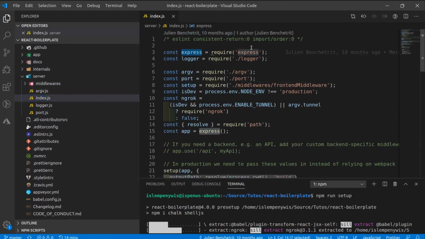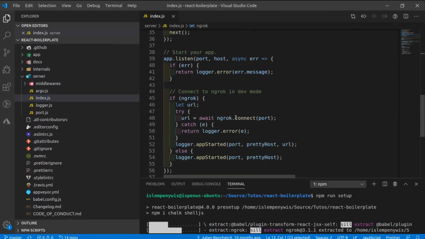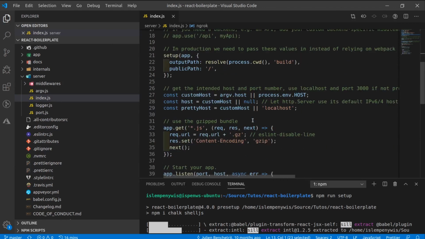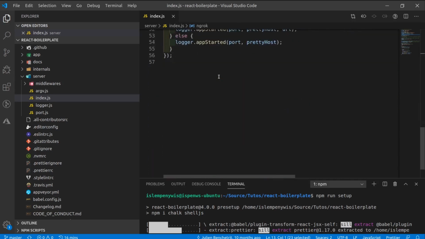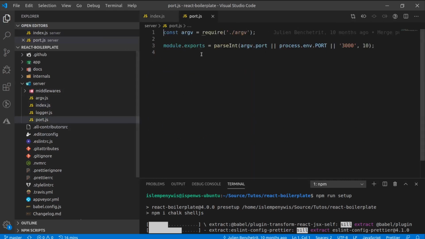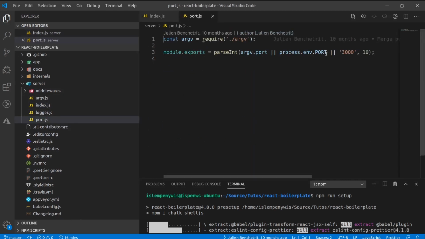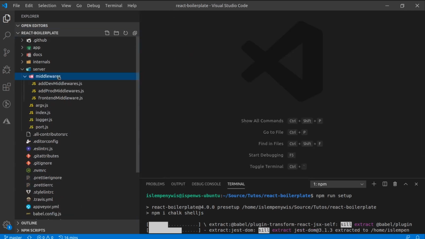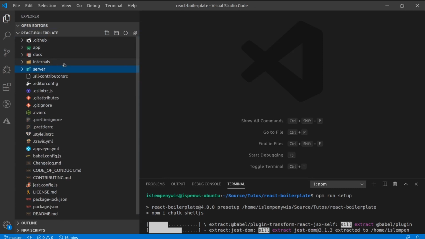So it's clearly in here, Express server on Node.js, and it uses ngrok, I don't know exactly how you spell that, but it just uses ngrok to run the tunnel and start up everything on localhost. I think port 5000, I'm not quite sure. You can configure that. There's actually the ports. So yeah, 3000. It starts with 3000 as the port, and of course it uses some specific middlewares just to serve the files